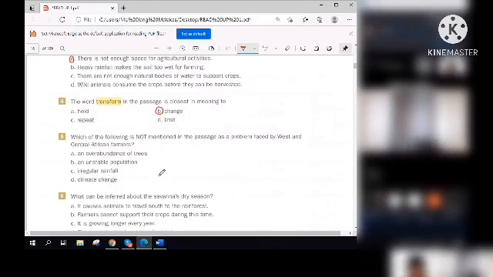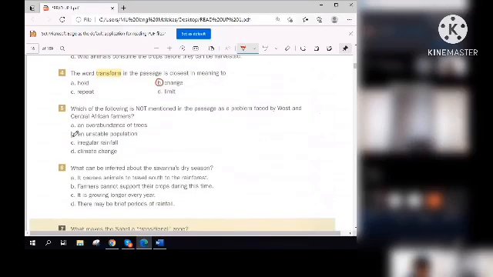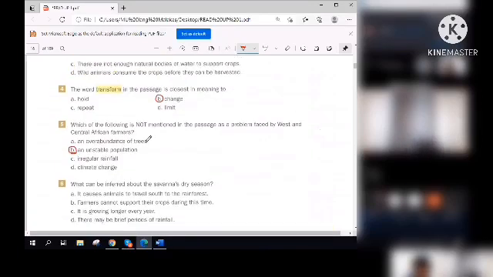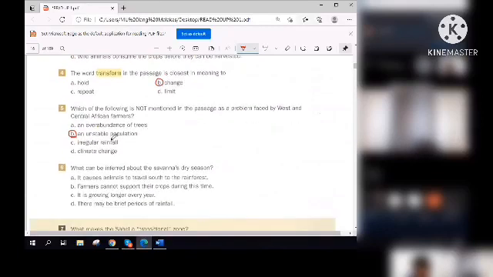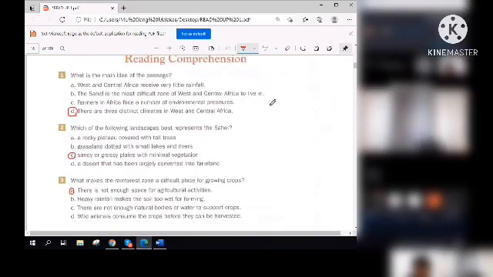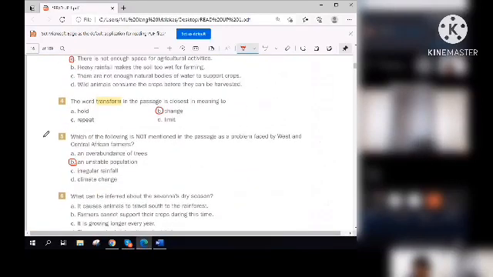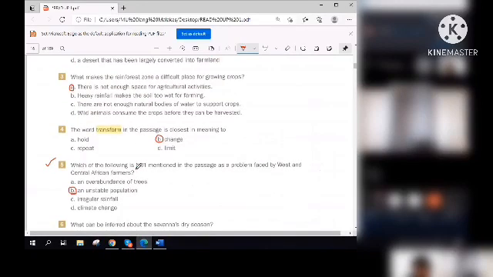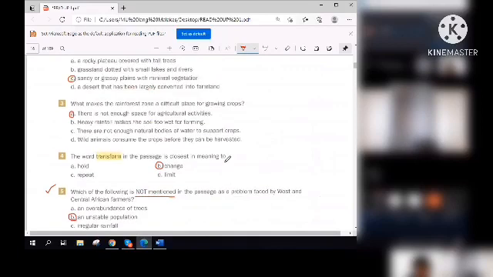You need to choose another answer. C. Regular rainfall. Okay, the answer here is actually B. So the question may be, why is B the answer? Remember, we are talking about rainforest. If you think about it, you come up with a question that is a little bit confusing. And remember, this is not mentioned.